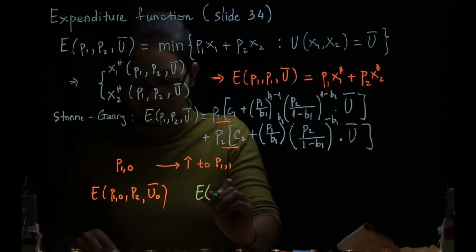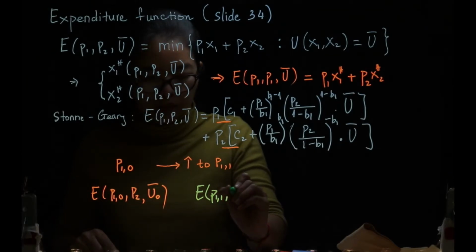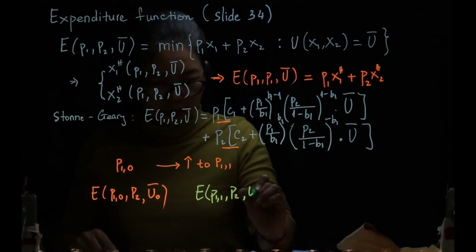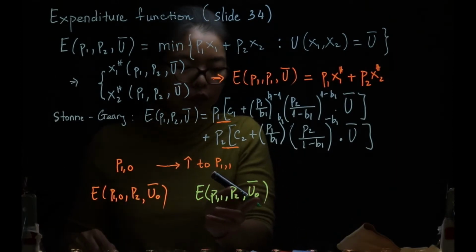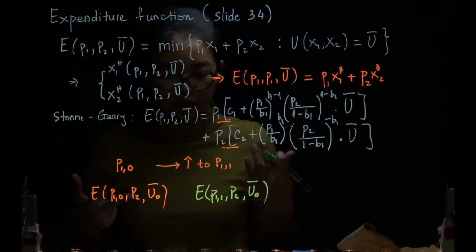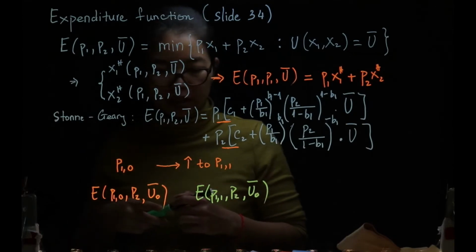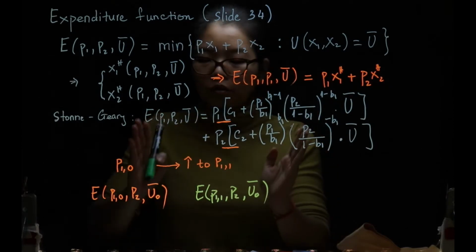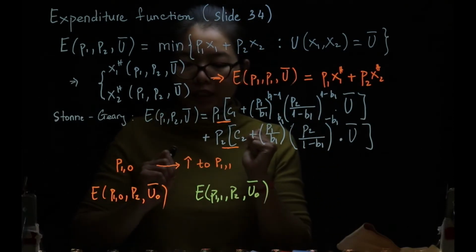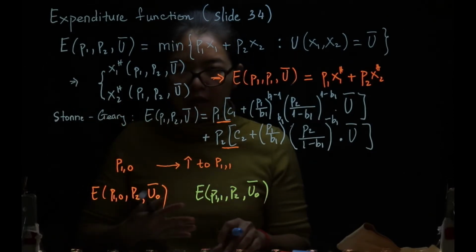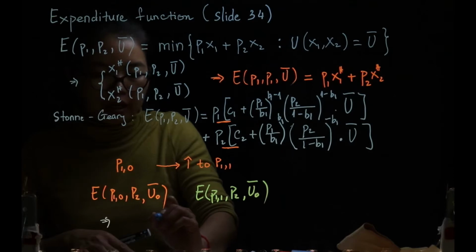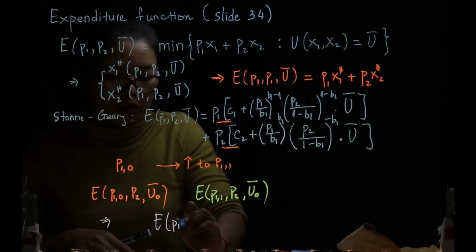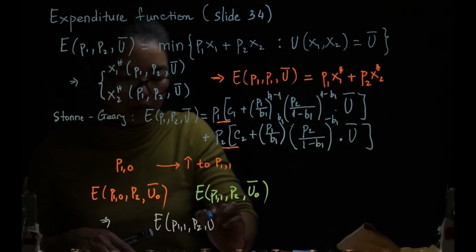So that will be E(P1,1, P2, U0 bar), where P1,1 is the new price of banana, and U0 bar again. So you still want to be as happy as before with banana and everything else in your consumption basket. Now, how will you have to be compensated? The compensated amount here is actually exactly E(P1,1, P2, U0 bar)